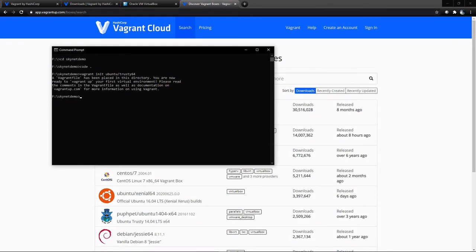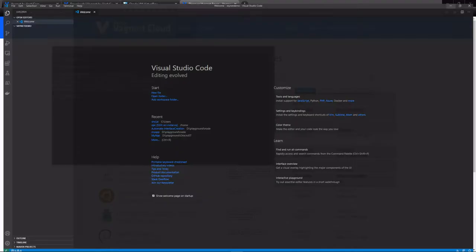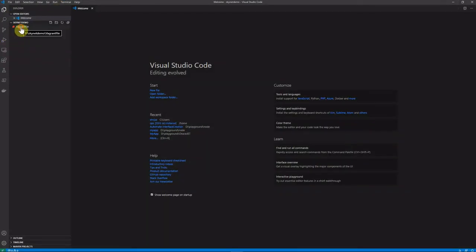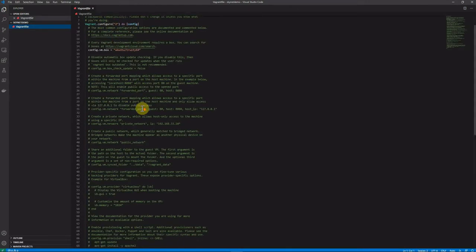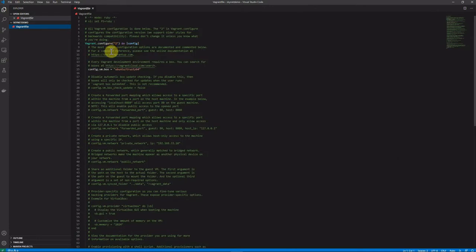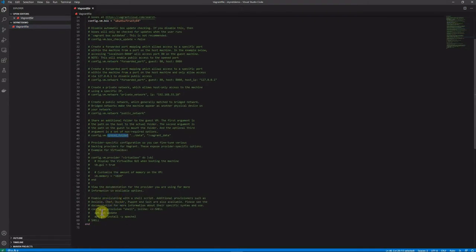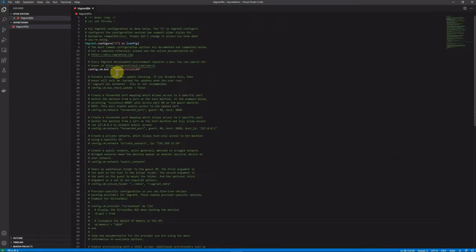Let me pull up Visual Studio. There you can see the Vagrantfile. You notice that most of the lines are commented, right? As you can see, the five main parts are VM box, network, sync folder, and provision. And you notice that it's from ubuntu/trusty64, which we gave in the command for the configuration.